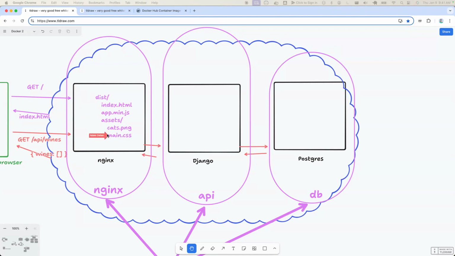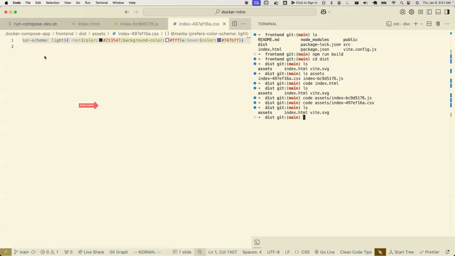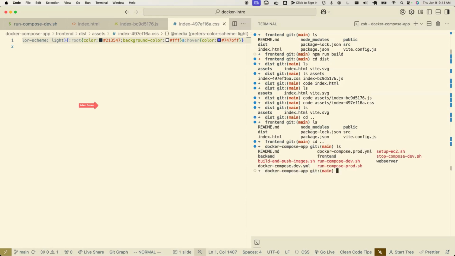I'd have to run npm run build again and put it in the dist directory. And in fact, if we poke around in the Docker file for the front end, it's going to be in the web server probably. So let's look in web server